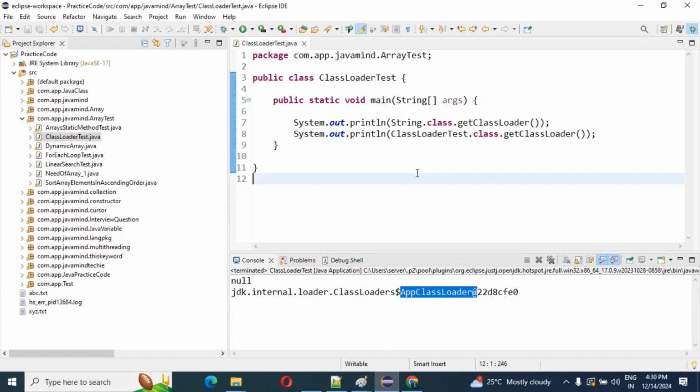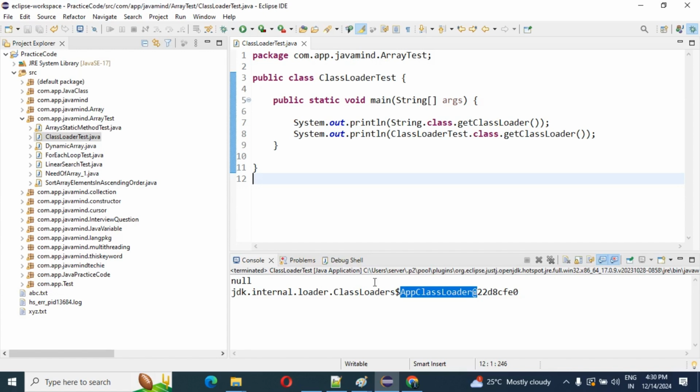The class loaded from rt.jar belongs to the bootstrap class path, and you can see it prints null. So these are two pieces of evidence that our classes are loaded from the respective class loaders.